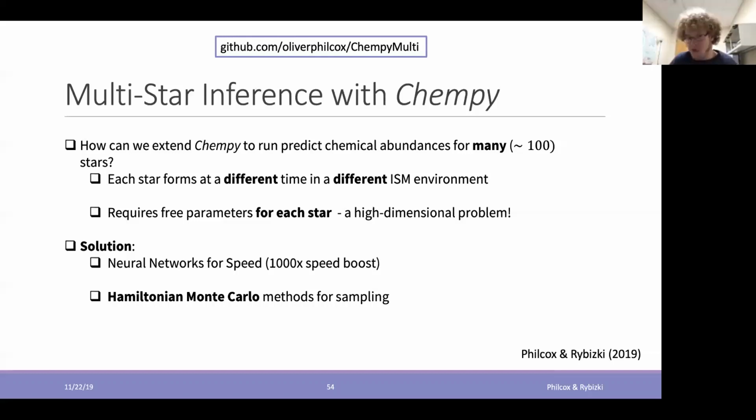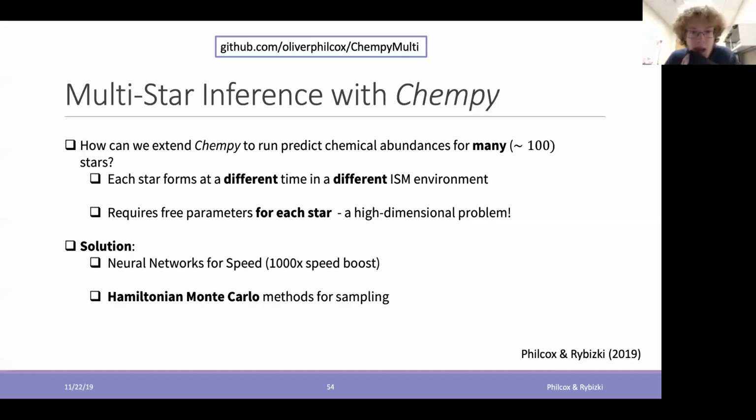Hamiltonian Monte Carlo, however, does much better, and the prime way it does this is by taking a function and also evaluating the derivatives of the function. The reason this is better is because it allows you to preferentially sample regions in which the posterior is big. So by using this technique, we're able to sample a very high dimensional posterior and actually do this inference with a 400 dimensional parameter space, which is great.